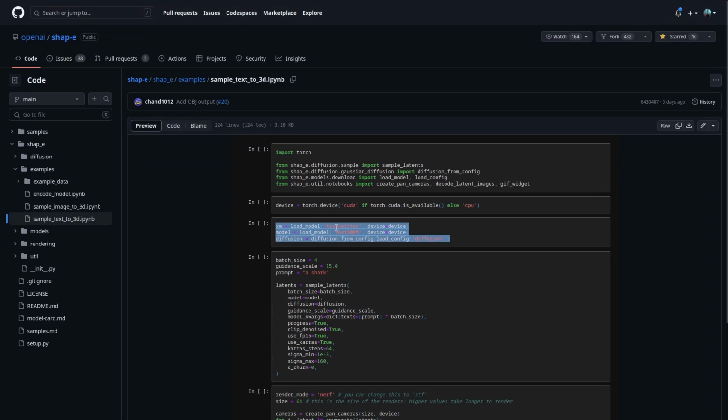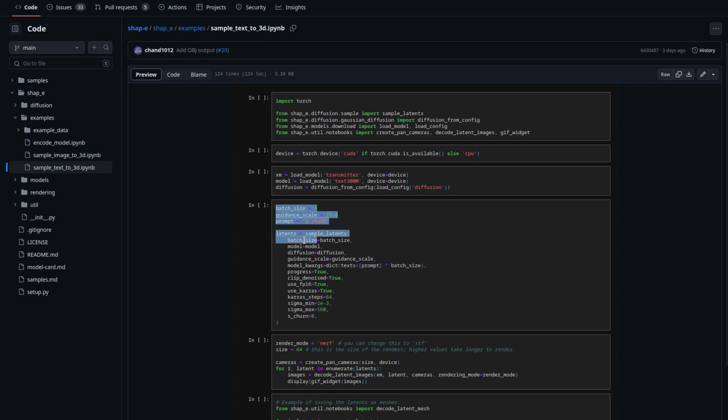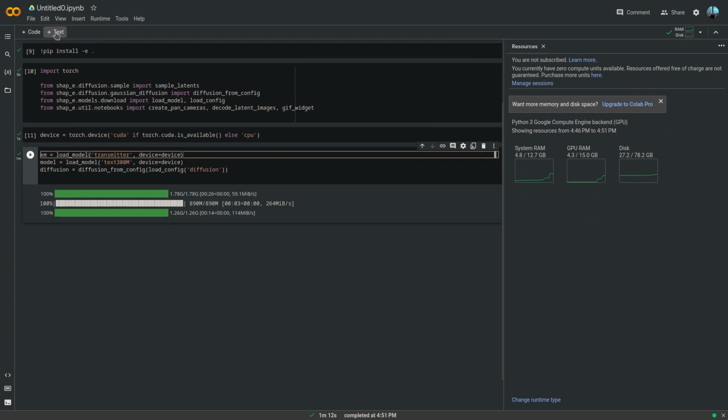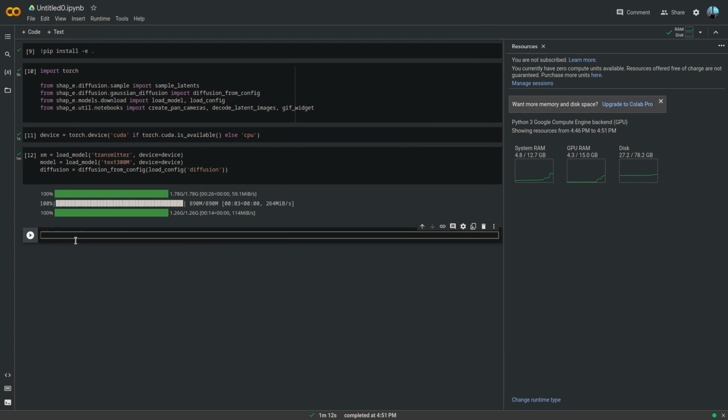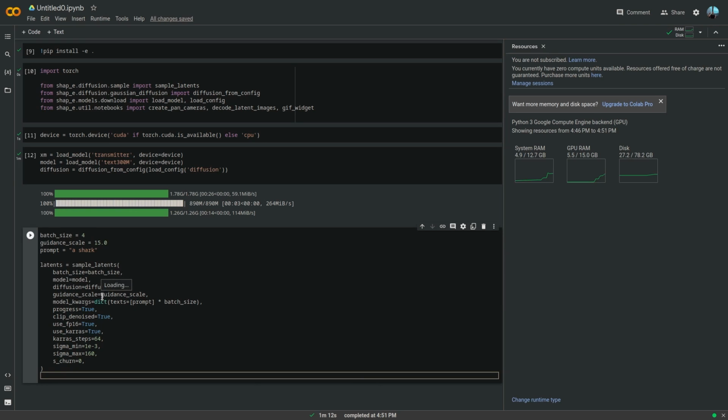Okay, so after fully loading, we're gonna get the latents. Basically, what the latents do is generate a noise, and then the AI tries to shape this noise into an image. What I think is happening here is they are getting generated images of other viewpoints to convert them into a 3D object using NeRF.